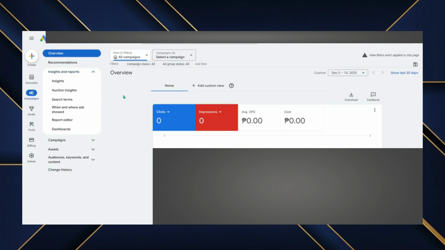In this video, I'll show you how to set up asset locations in Google Ads so your ads can display your business address, map pin, or distance to the nearest store. Location assets help improve visibility for local businesses and make it easier for nearby customers to find you, especially on